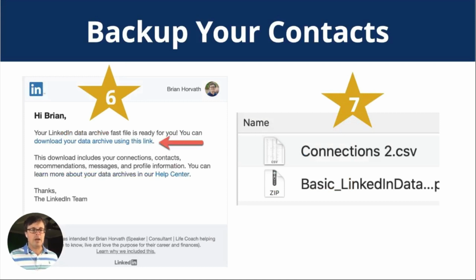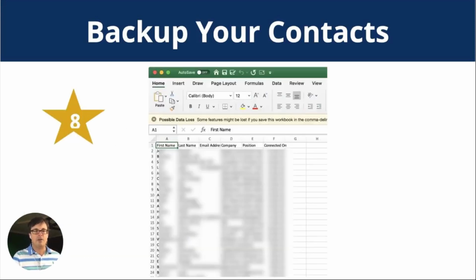LinkedIn sends you a nice little email that says, hey, thanks for checking in with us and getting your archive. It'll be ready for you as soon as possible. Of course, the more connections you have, the longer it takes, but it's probably less than 20 minutes at most. All right. Then you have this CSV file. This CSV file is what gets dropped into your computer once you download. All right. So when you download,